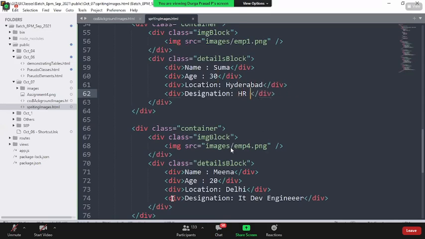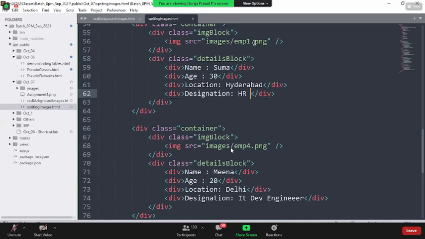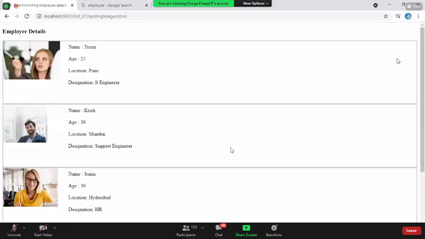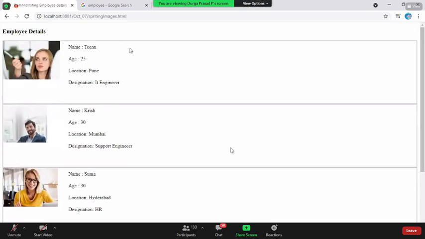Okay, so this is how I have added 4 different employees. Why is it showing the image name? Sir, EMP3. Okay, it should be EMP3. Save this, come back here, reload the page. This is how you should be able to see all 4 employees added.